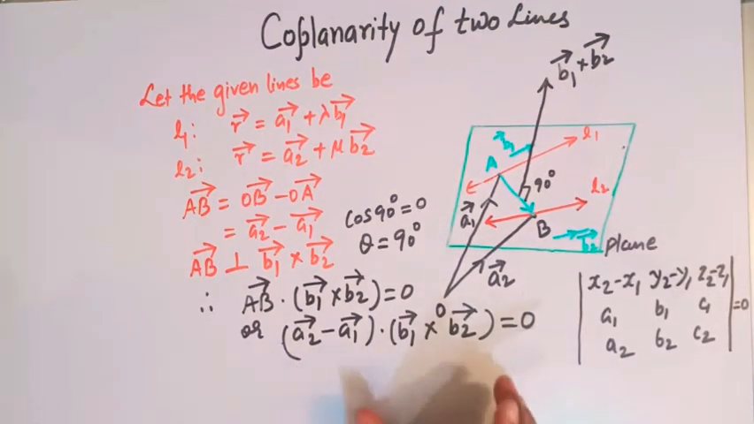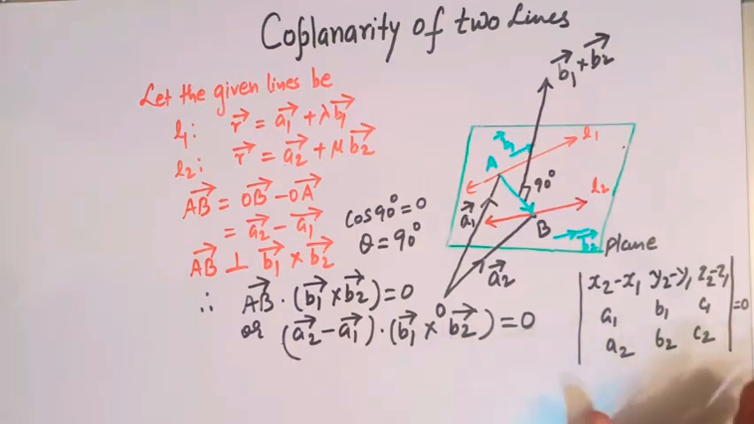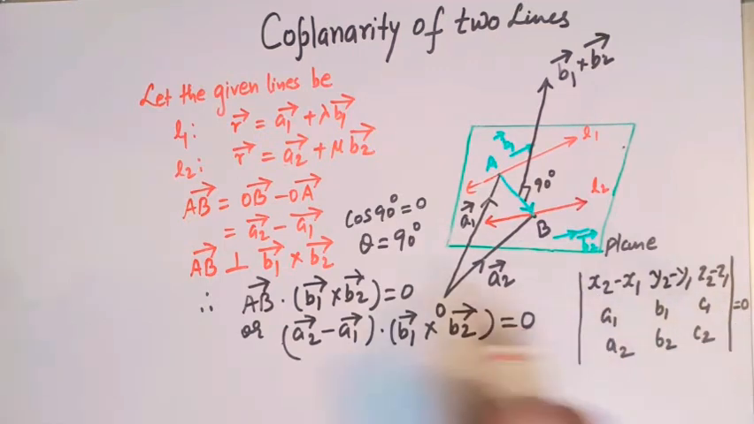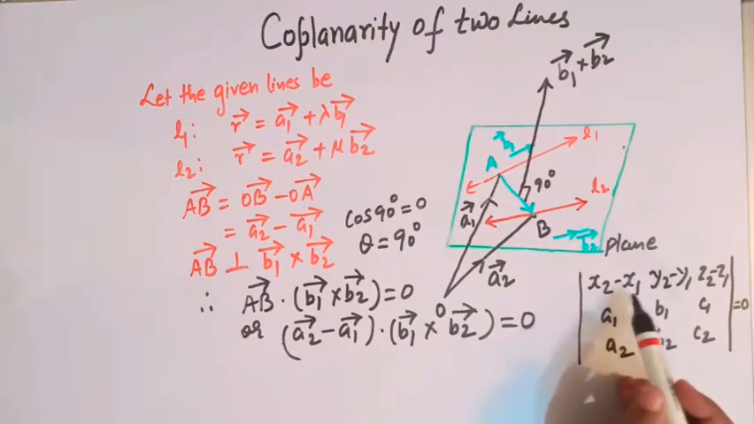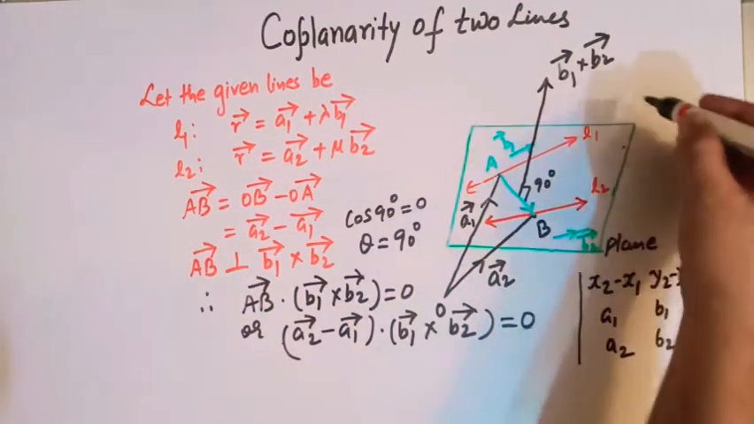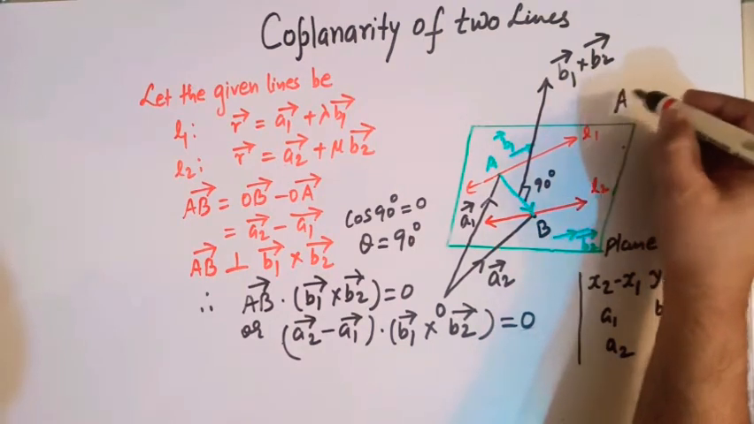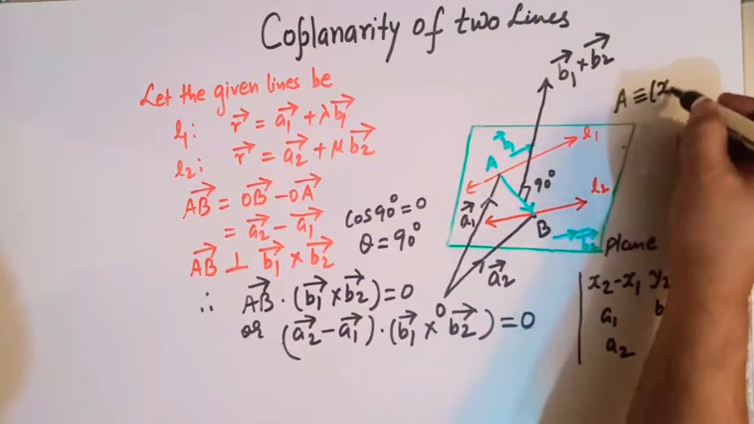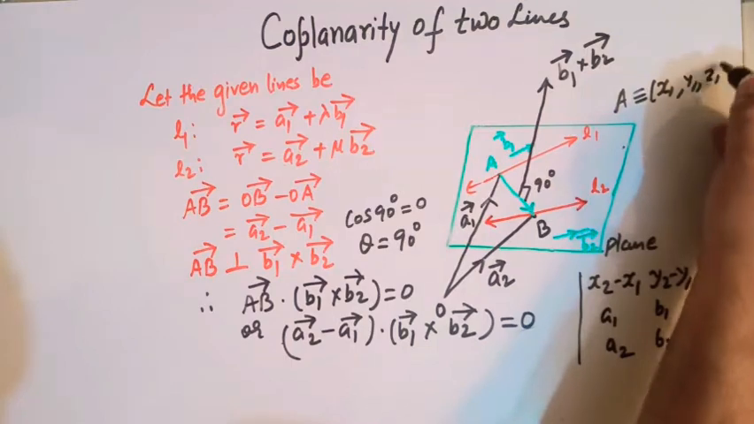Now the Cartesian equivalent of this condition is this. Here the determinant is 0. This determinant should be 0 if these two lines are coplanar. So here x1, y1, z1 are the coordinates of this point A. The point A has coordinates x1, y1, z1,